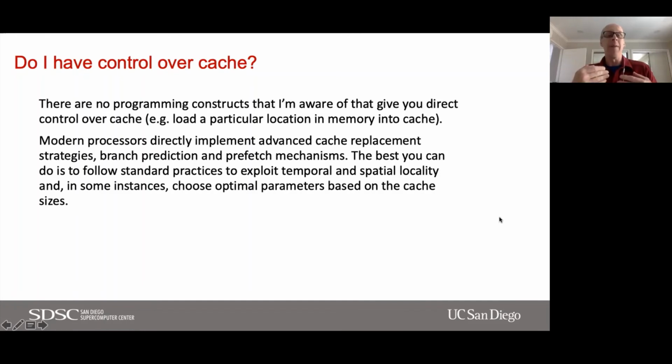It would end up being extremely specific to that hardware. And it's also likely that you would do a worse job than the cache replacement strategies that are implemented in the processor. So the best that you can do is to follow the standard practices to exploit temporal and spatial locality, and in some instances, choose optimal parameters, say array sizes, based on the properties of the cache.